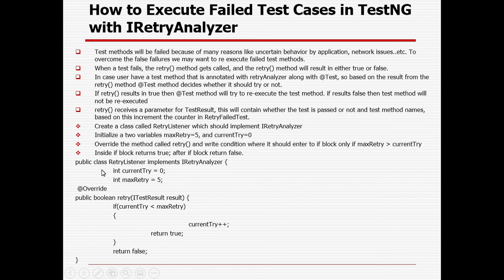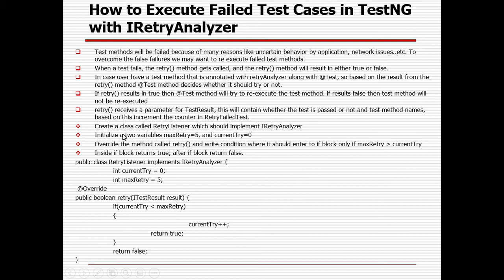You can see we will be creating a class where we will be implementing the IRetryAnalyzer listener interface, right? We will try to iterate, suppose 1 to 5 times, it will iterate 5 times. We will be giving the value. In case it is 1 and the maximum is 5, it will iterate 1, 2, 3, 4 and 5. And here we will give some retry condition, right? In case it returns true, it will be executed again, and in case it returns false, it will not be executed. Means in case it fails, it will be executed for multiple iterations. That's why I can retry it, right?